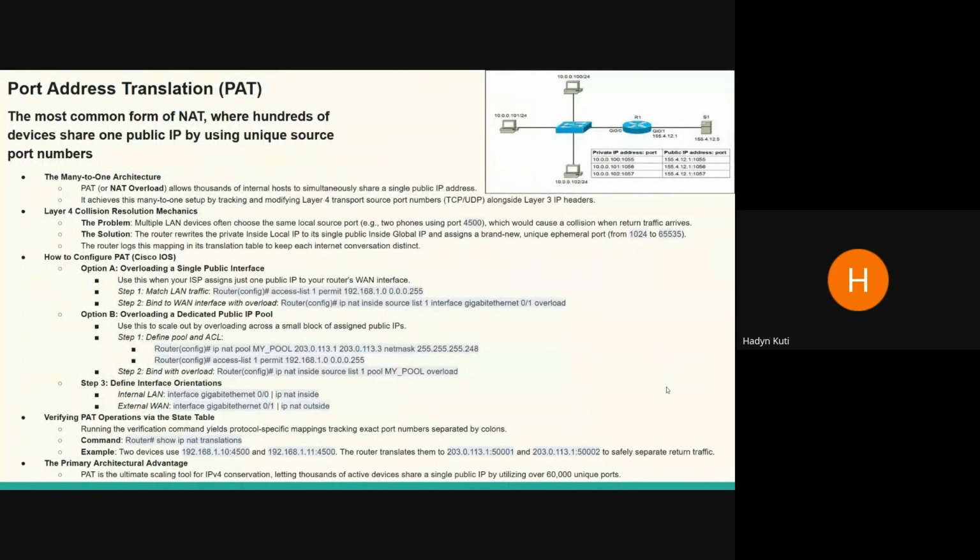Port Address Translation. A many-to-one architecture, PAT or NAT overload allows thousands of internal hosts to simultaneously share a single public IP address. It achieves this many-to-one setup by tracking and modifying layer 4 transport port numbers, TCP and UDP, along with layer 3 IP headers. Multiple LAN devices often choose the same local source port, such as two phones using port 4500,